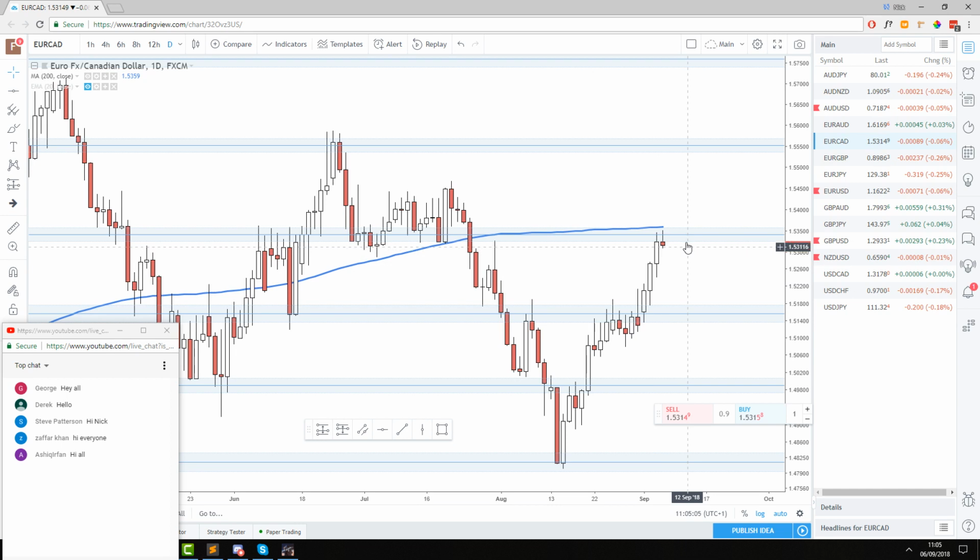EURCAD. Now, this one, quite interesting, guys. Very strong bullish trend. Again, I'm not a huge fan of countering very strong trends, but this one is